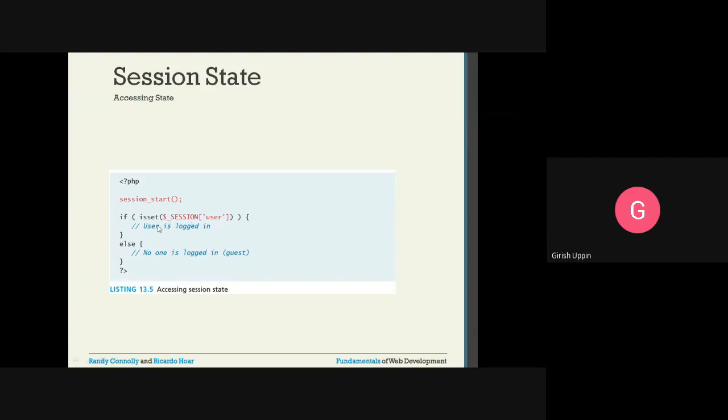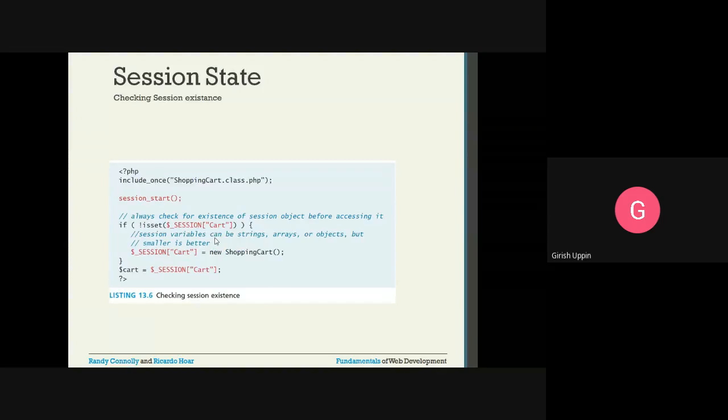And if this returns true, then you will say the user is logged in. If you don't find this one, the user has not logged in. So you can use it like a guest login. If you can identify that the session state is set, then you can identify the user and log him in. Otherwise you can log him in as a guest.